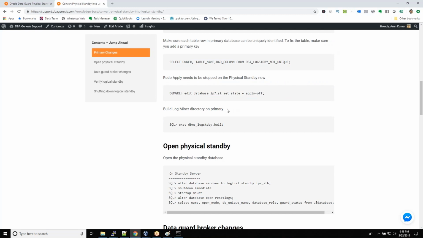So this logminer directory is created. Actually, it has to be created on both the servers, but on standby, it will be automatically created later on because you perform the switchover. So at both the locations, this directory needs to be created. So this directory is where the reader